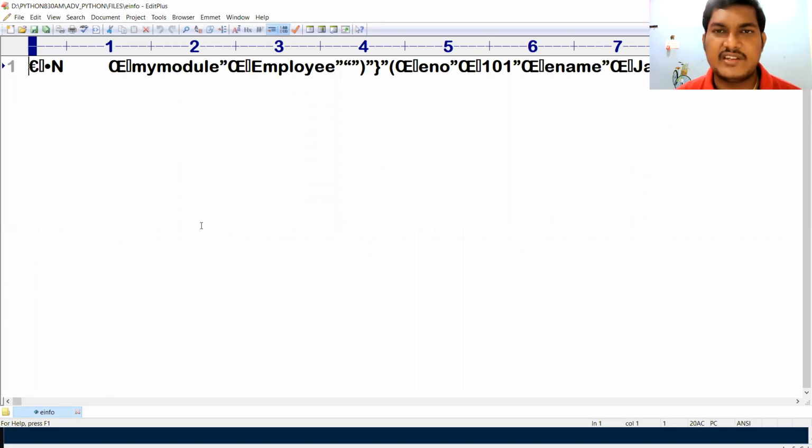Because you opened the file in which mode? Write binary. That is the reason the data is displayed in an encrypted format. Even this is secured as well. If anybody hacks this file, they can understand nothing because the data was written in binary form. But sir, how do I write the code to read the data back? Yes, that is called unpickling. We'll do that.